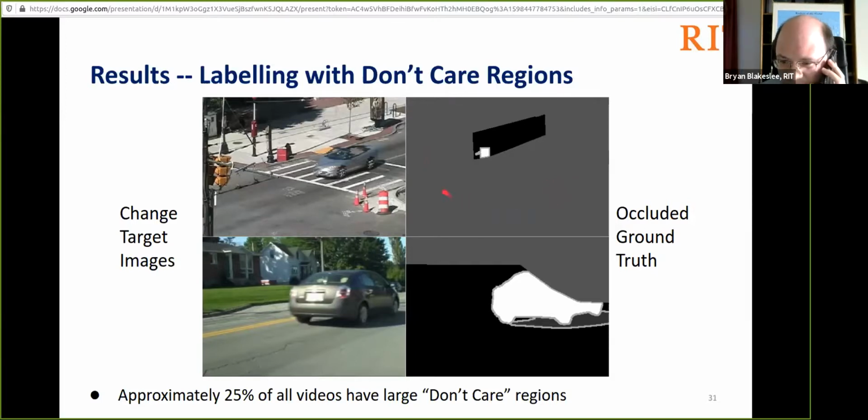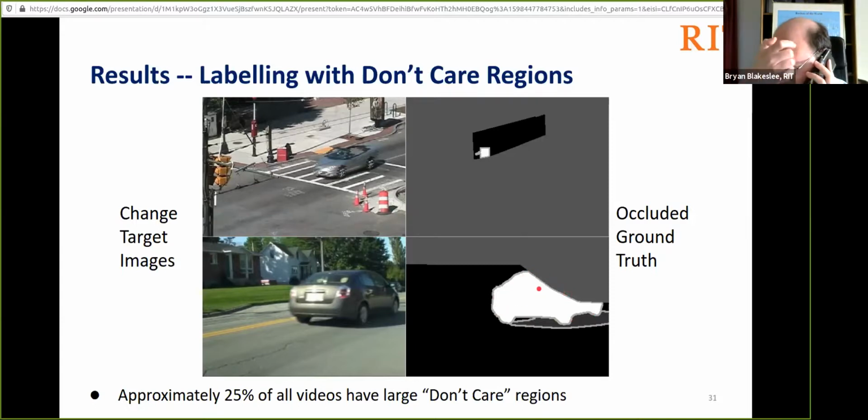Unfortunately, this ends up confusing the network because this car would be considered by a human to be a change of interest, but it's going to be marked as a no change in the ground truth due to these large don't care regions. Furthermore, targets of interest can enter and exit these don't care regions,